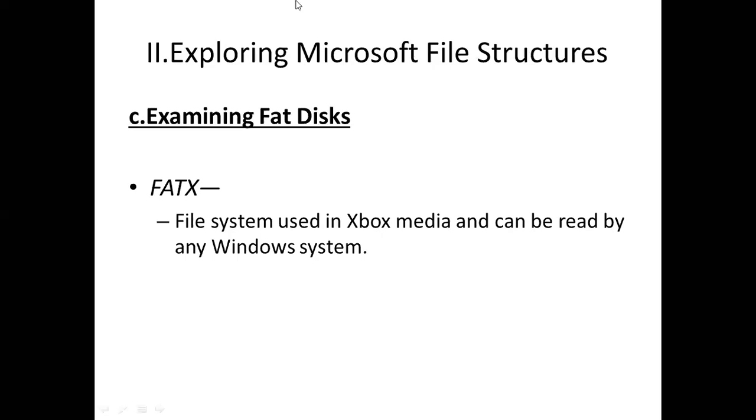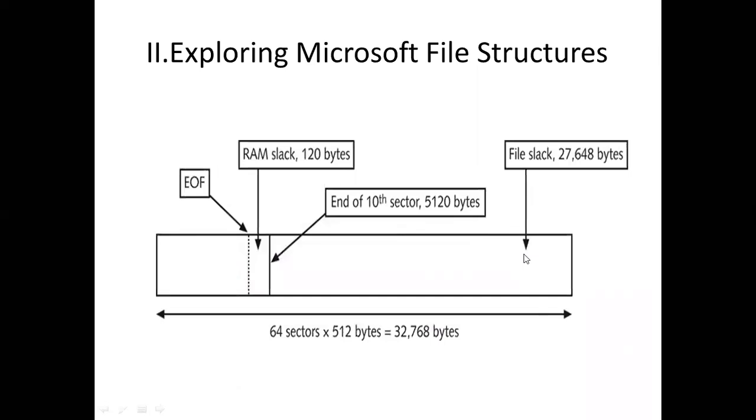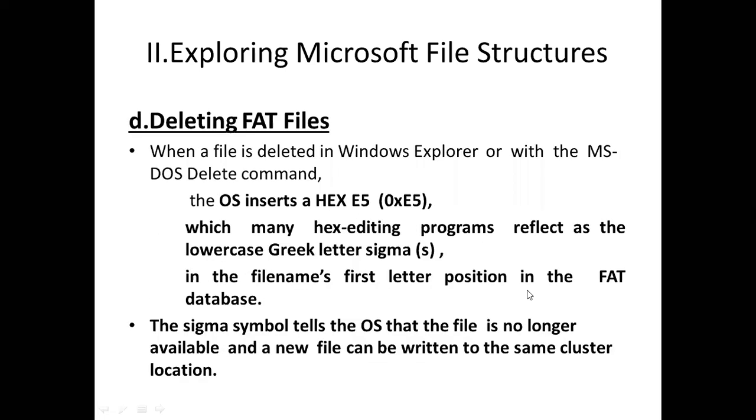You know what is an Xbox? A lot of Xbox games are also there nowadays. So you must be knowing what is an Xbox. So it requires a large amount of storage. So the FATX file system is used there. Then the table represents the different cluster sizes that can be assigned. You can see this diagram later. And this is the explanation for the example that we have taken. I've explained it already twice, so I'm just moving on.